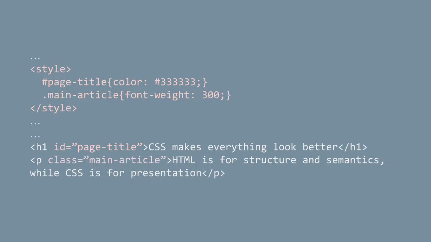In the style tag, we have these things called selectors, which are defined by the hashtag page-title and the full stop main-article. And these selectors are selecting certain parts of the HTML to then apply the properties to, the properties being what lives between the curly brackets, so color, font weight. We can also select elements just by their element name, so we could select all the P tags in a document, we could select all the H1 tags,